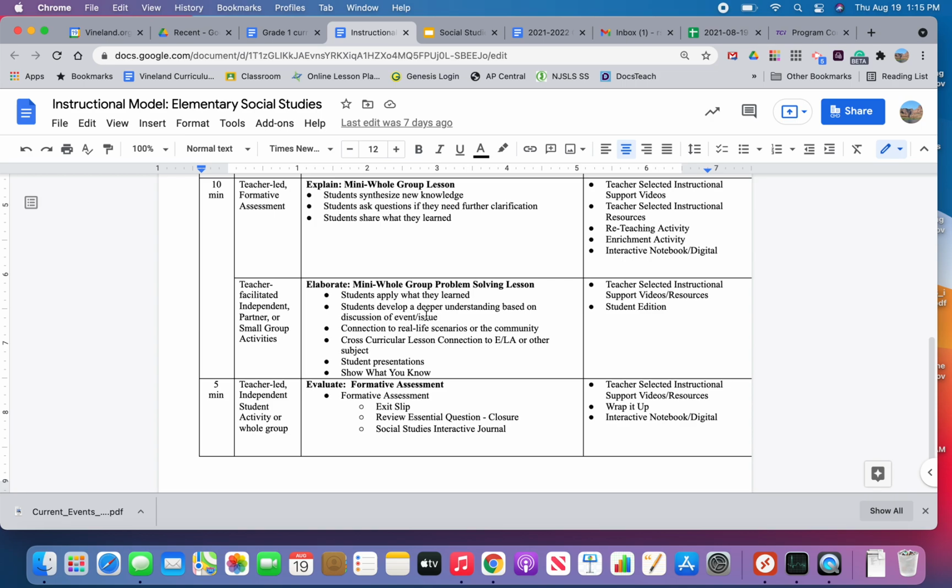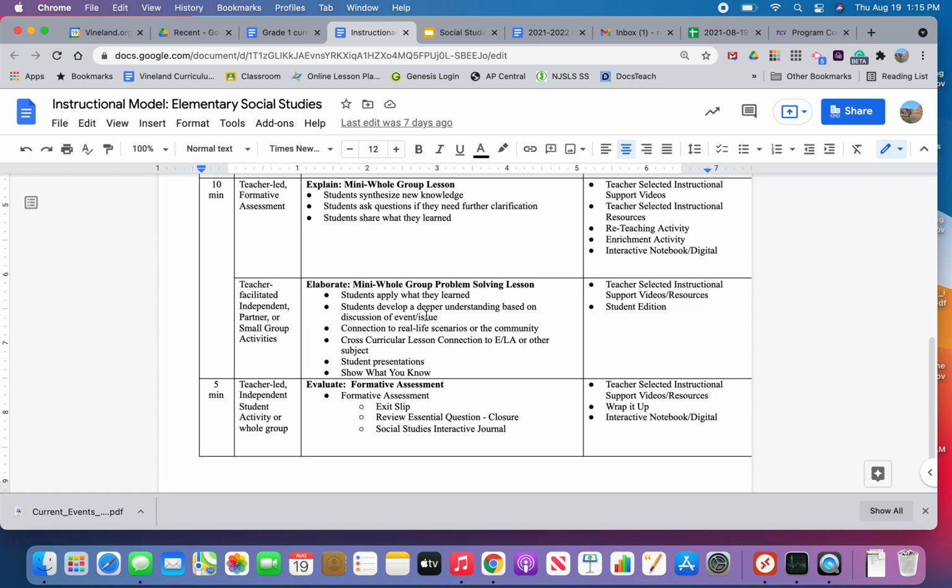Then finally, there's sort of a recap whole group lesson, which is a miniature version of, I guess a lecture, where the students come together and share their knowledge with one another and synthesize what they've learned. And students are encouraged during this period to continue to ask questions in conjunction with that C3 inquiry-based framework if they need further communication. And it's also a time where students can share what they've learned and elaborate on what